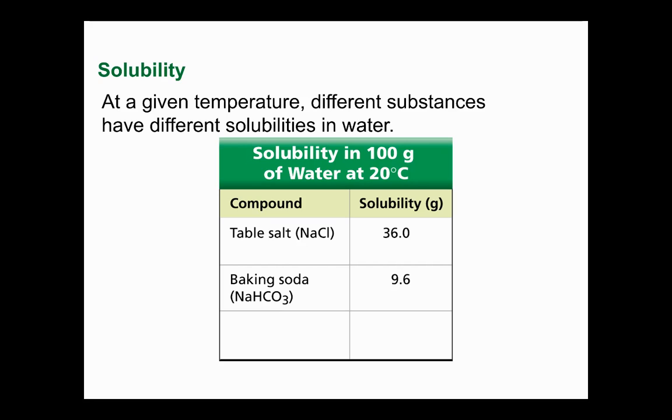Baking soda, you could do about 9.6 grams. And then table sugar, 203.9 grams. So you can put way more sugar than you can salt, and very little baking soda. By the way, this is one of your questions. This PowerPoint presentation is also shared in Canvas. I know I'm recording the video, but this is one of your questions. It's going to ask you the order in which these things, which one can hold the least,